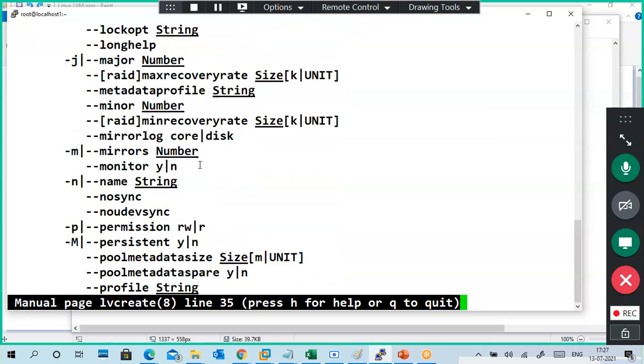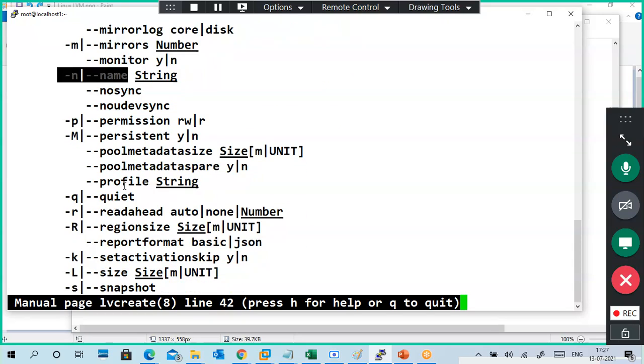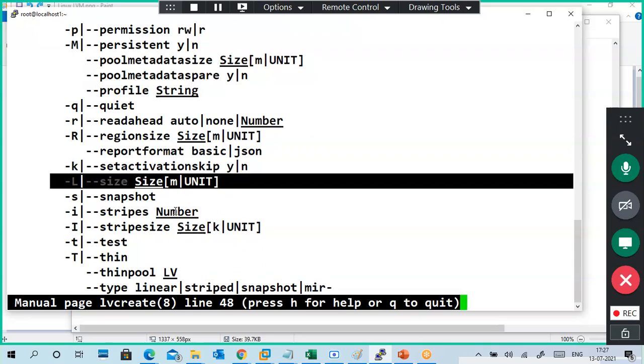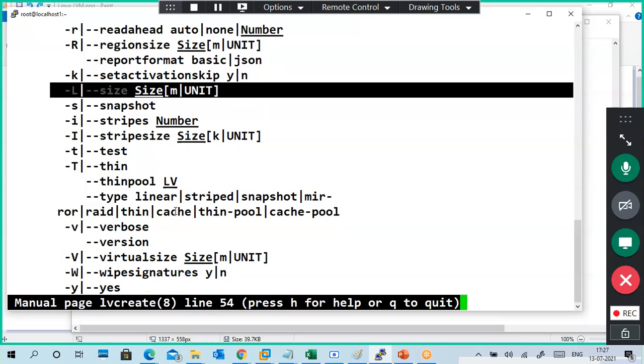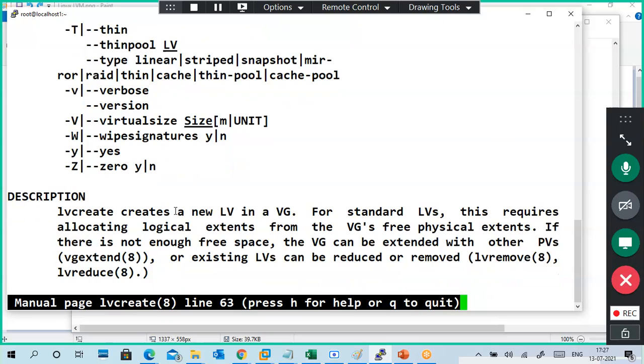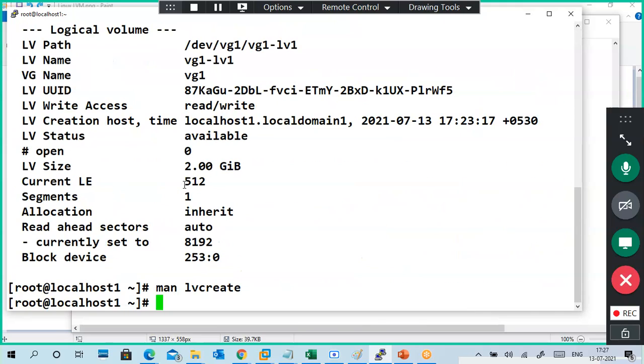Capital L, small n, and name, not new, name. So that, yeah, is a size we are defining. Okay, I thought I was wrong. That's why I told like that. So that's why better to know from here. Okay. So if you got any doubt on any command, use man or info or pinfo, or for options you can use a help command also.